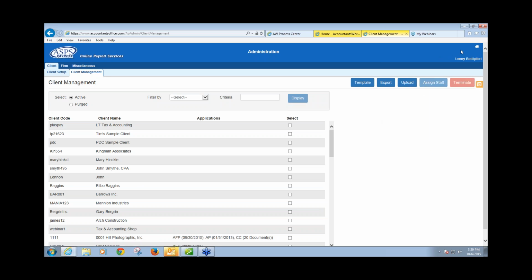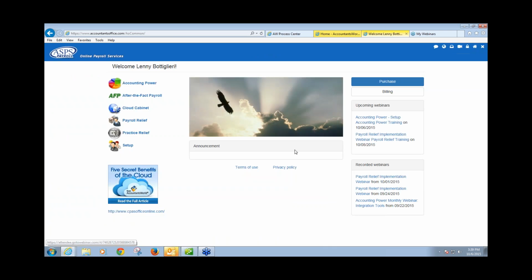I'm just going back to the top to this house icon, which would bring me back to the portal page, because I think it's important that while you're listening to me here, and I'm going to be covering quite a bit, that you know where to go back to find what I'm saying, so that way if you're not ready to do any implementation until after the 15th of October, and you may forget certain things,